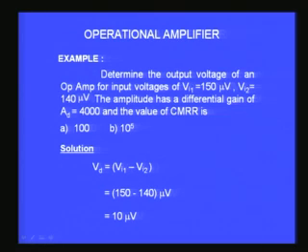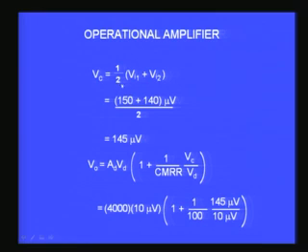Determine the output voltage of an op amp for input voltages Vi1 equal to 150 microvolt, Vi2 equal to 140 microvolt. The amplifier has a differential gain of AD 4000 and the value of CMRR is 100. Assume it is 100 in case A, and then in case B assume it is 10 power 5. So, what happens, let us see. The two inputs are 150 and 140. So, Vd is 150 minus 140 microvolt, and therefore, what I get is 10 microvolt,